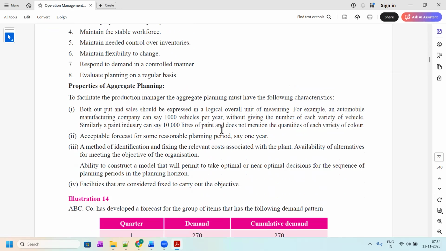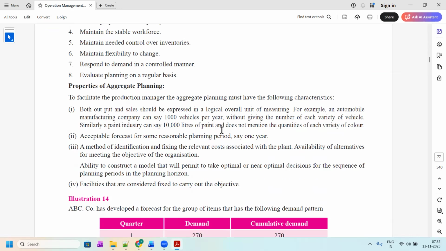A paint company might plan for 10,000 liters of paint, not each color separately. So when we are talking about properties of aggregate planning, if any organization or firm which is engaging in the process of production has some kind of figure in their mind based on the production they're planning,